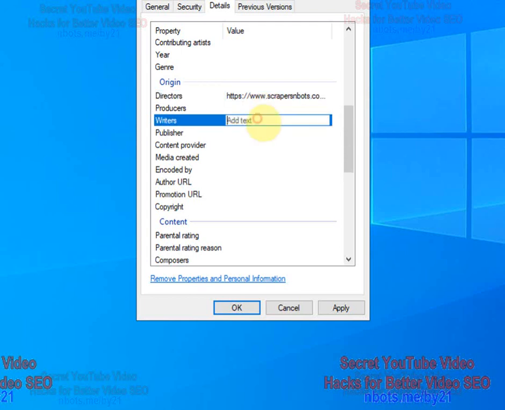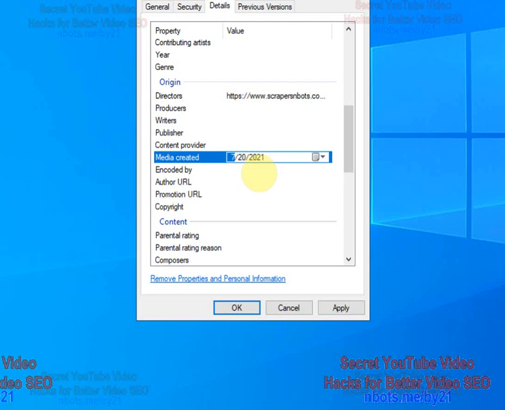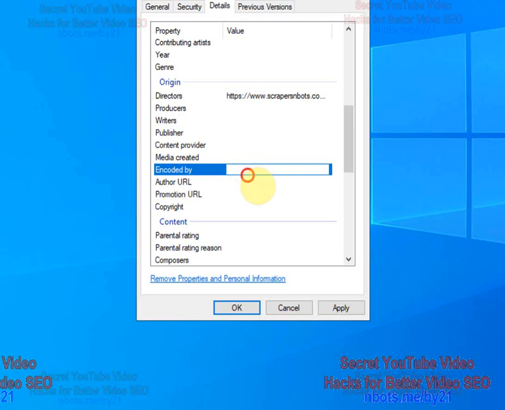And you can put different URLs, like if you have different blog pages that are related to the video, you could input a different URL for each one. If you have other properties online that are related to that video, you can enter those URLs.